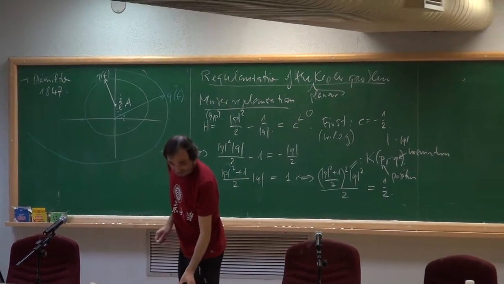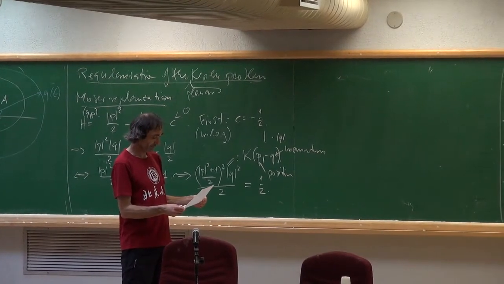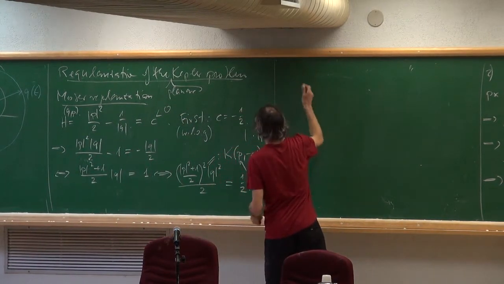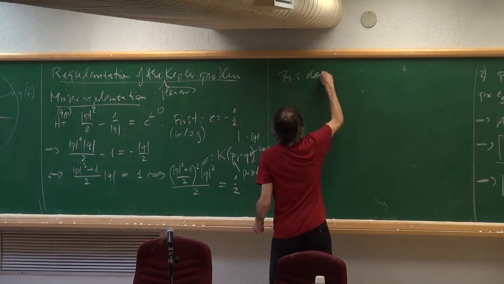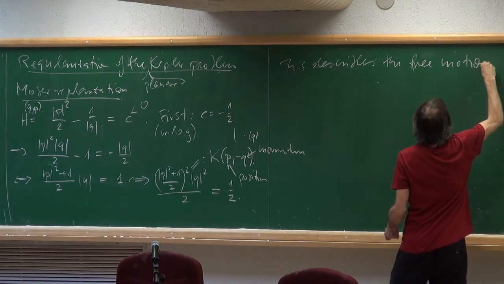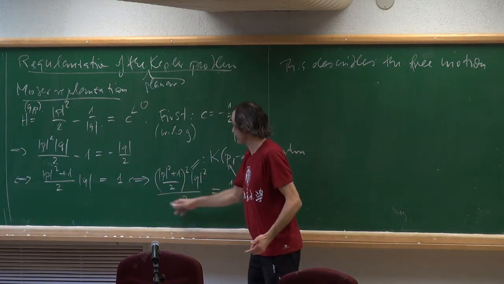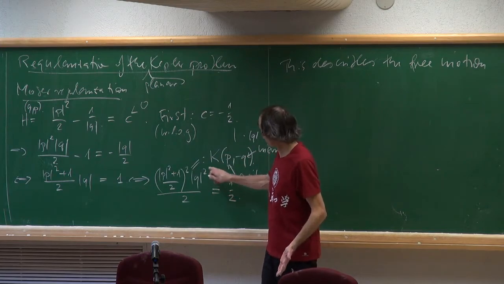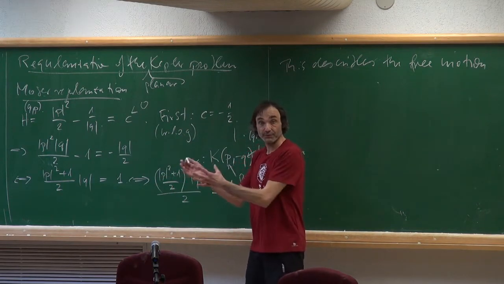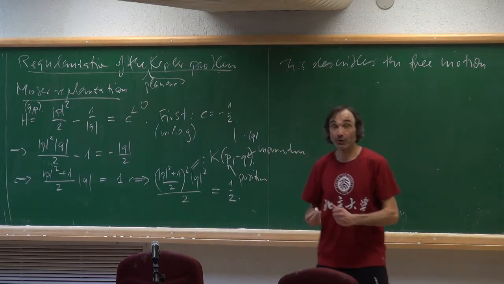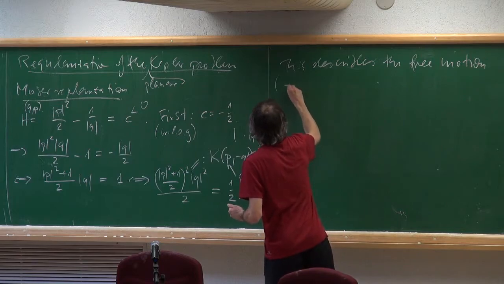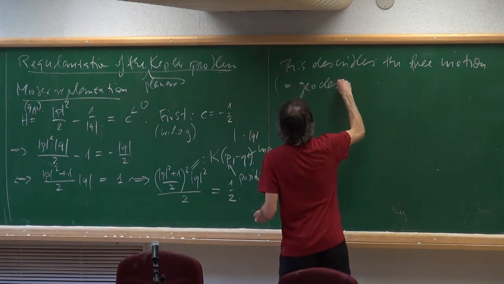Okay. So maybe let me not do all the computations, but this describes the free motion. It's free motion because this Hamiltonian is purely kinetic energy. Yeah? This is purely a function of momentum squared over 2, but where the metric is not constant, but position dependent. Yeah? So it's a free motion because there's no potential term, so there are no other forces. It's a free motion, or as mathematicians would call it, a geodesic flow